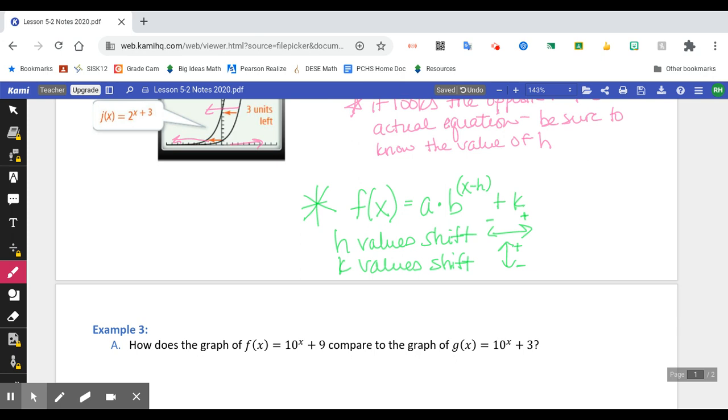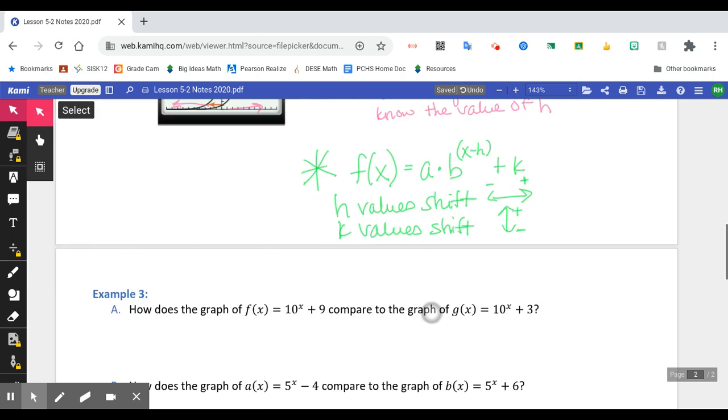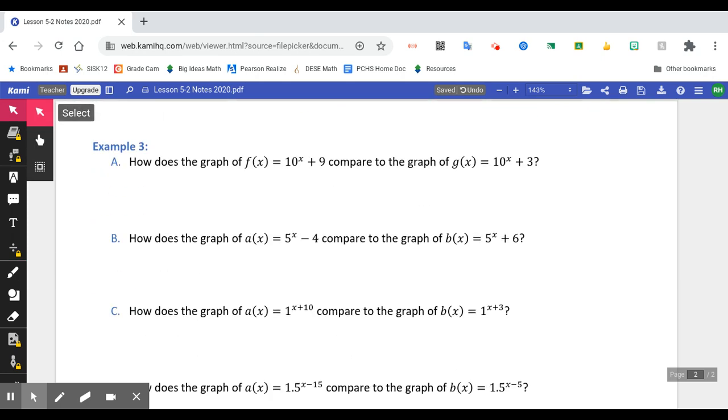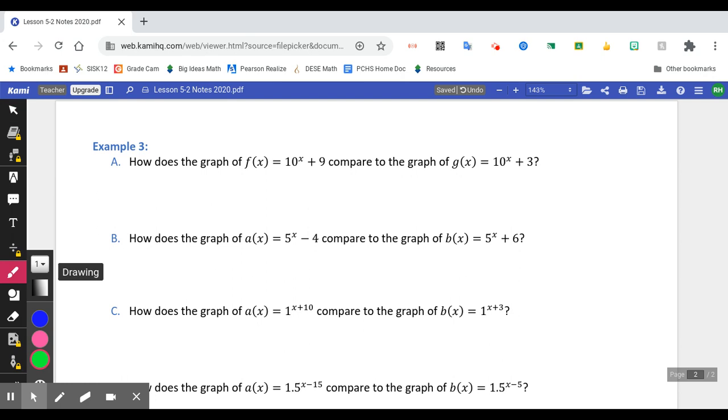Okay? All right, so let's look at a few of these examples on the back, and then you'll have some homework to try on your own. It's basically just talking about counting how many places it has shifted from left to right or up or down, okay? The hard part about this that you have to remember is that when they're listing these out